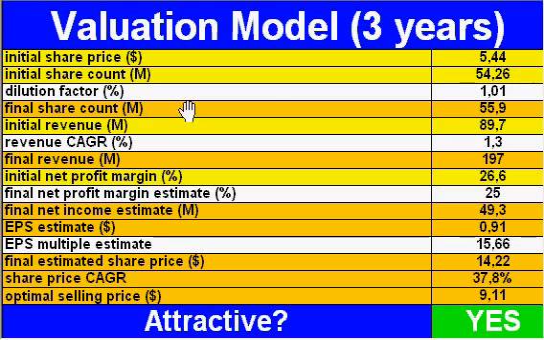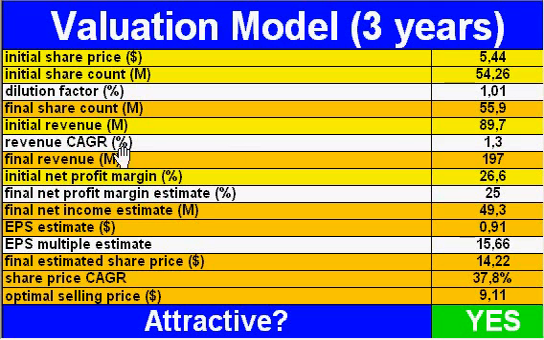So as for dilution, let me try to explain this model very fast. These yellow lines are known facts. These four white lines, the dilution factor, the revenue CAGR, final net profit margin estimate, and earnings per share multiple estimate, are my estimates, and these dark yellow lines are calculated by this Excel spreadsheet. So I get to a final share count of 55.9 million. I expect an increase of just 1% per year, not regarding that